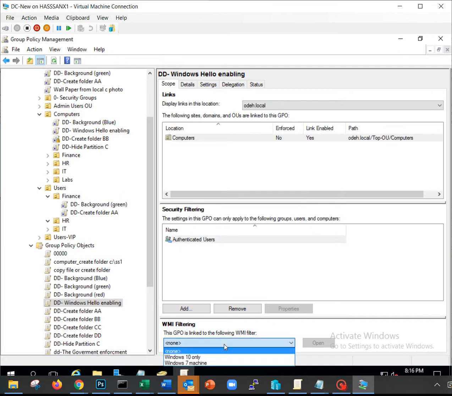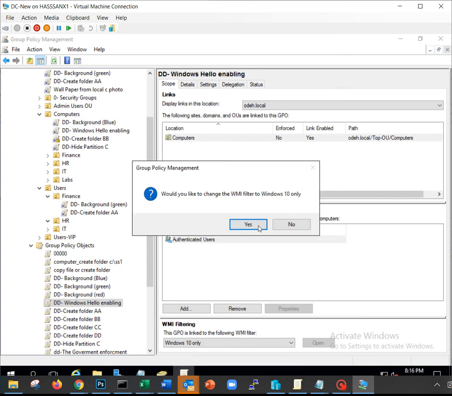But here I say only to the machines that have Windows 10. Only to the machines that have Windows 7. Of course, you don't need to learn the programming language. You can find these queries online, five or six of them that you need the most, for every specific operating system or a computer with specific hardware. If you want to go deeper, you can go as deep as you want.